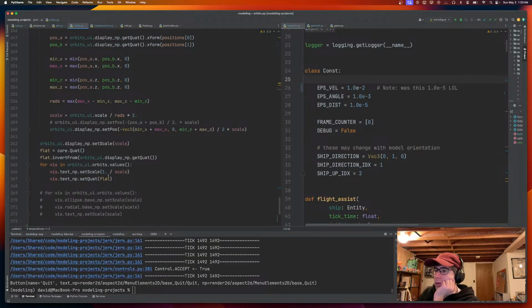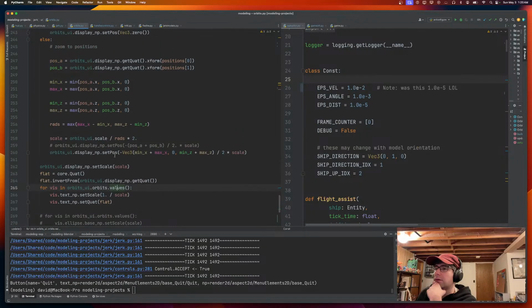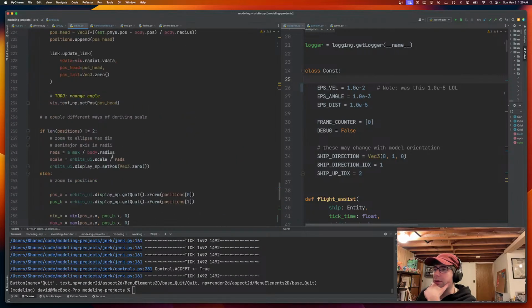So we're always reorienting the text to face how we're looking at things. And basically, when we